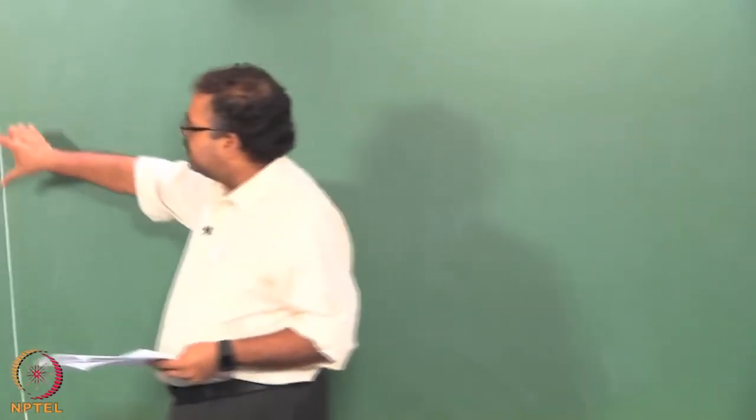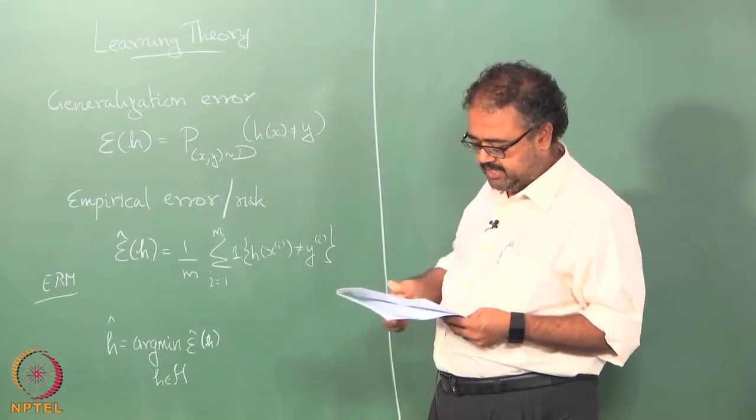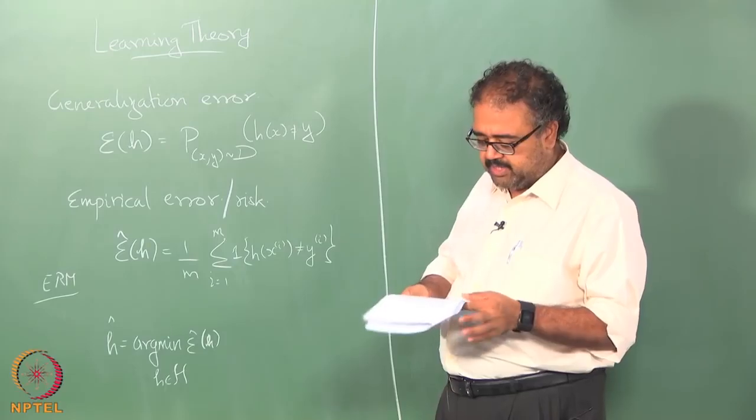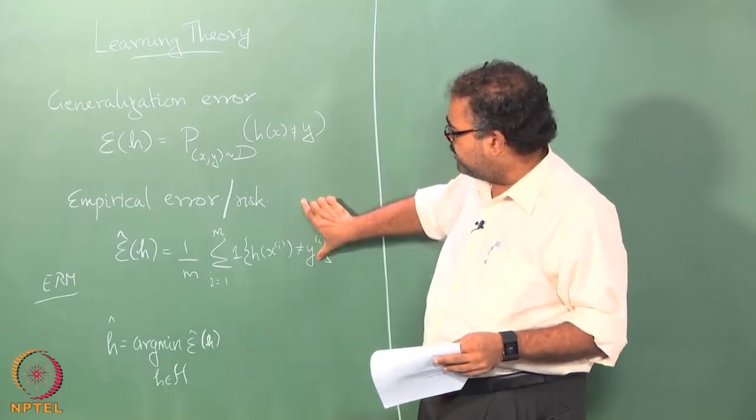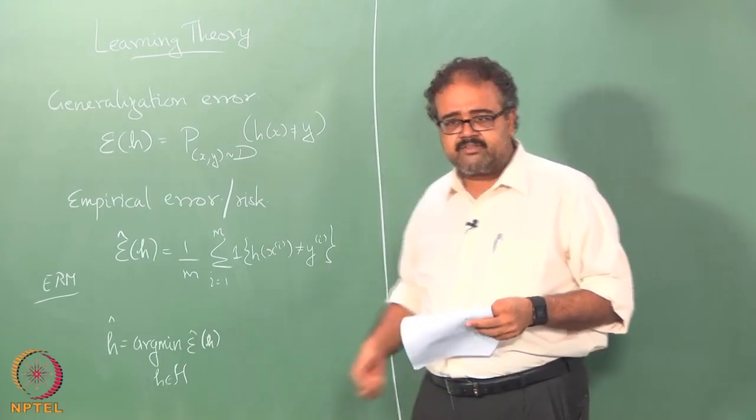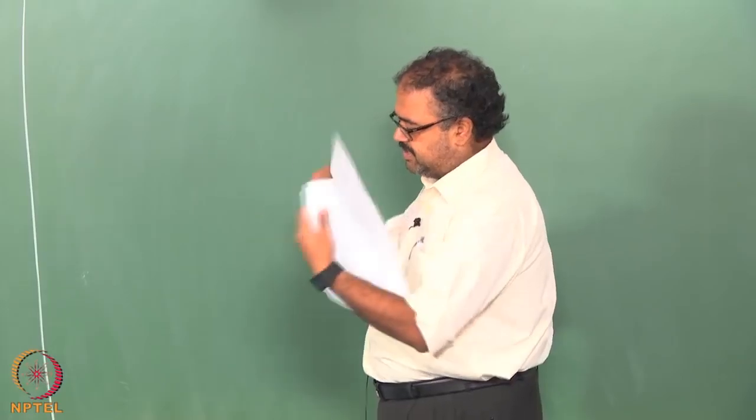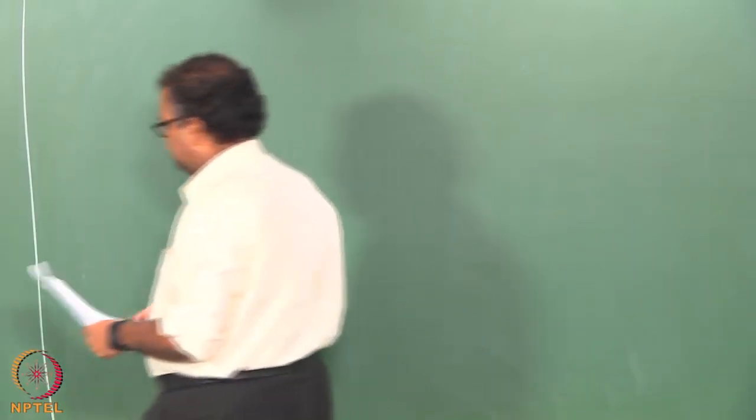We would really like to get a classifier that is good according to the true risk, but we are not able to do that. So we look at empirical risk, and then we do empirical risk minimization and we get this. So, before I move on, I want to introduce a couple of results. The first one is called